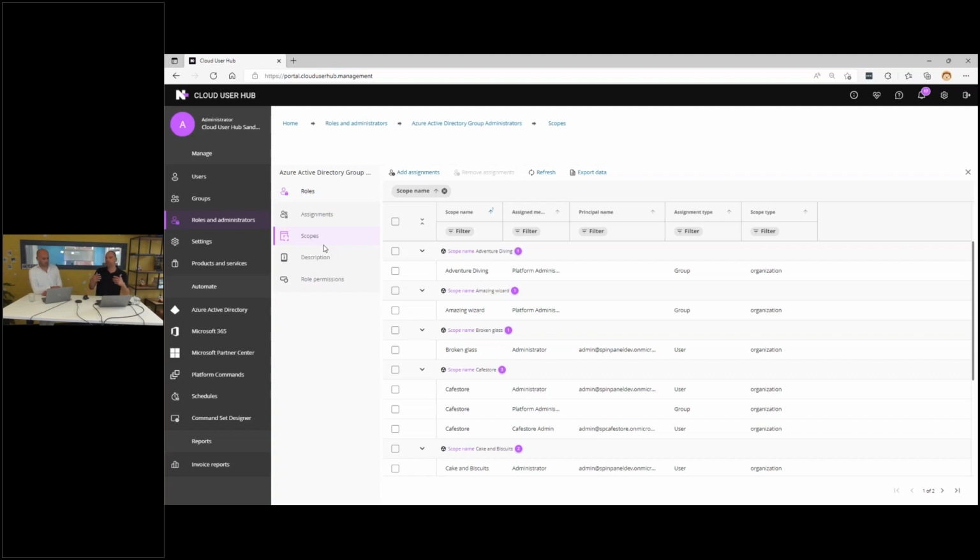So you're not running into strange error messages like 403s because you're trying to do something on Graph that you're not allowed to, because we extend this concept to Graph as well. So if you cannot create a Microsoft 365 group in the platform, you're also not allowed to do it in Graph, and vice versa, and you also cannot create a role in Cloud User Hub, because that creates a lot of confusion, as there would be a disconnect between what the management feature allows versus what can happen in Graph.